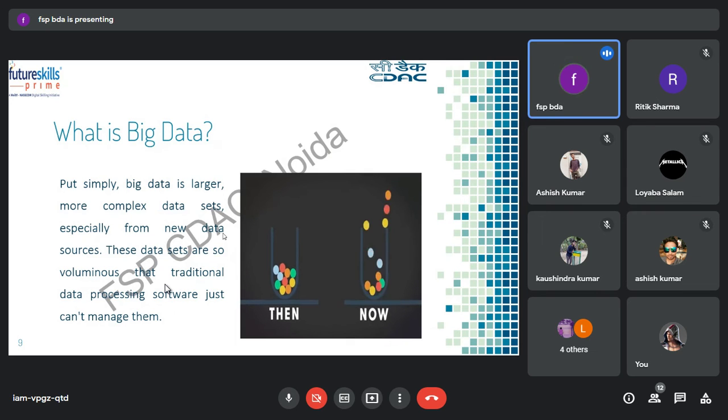But since we are now moving to new sources of data and new types of data, it fails. Therefore we have several other solutions for where we are going to store them, how we are going to manage them, how we are going to analyze that data. Later we will talk about the solutions for it.